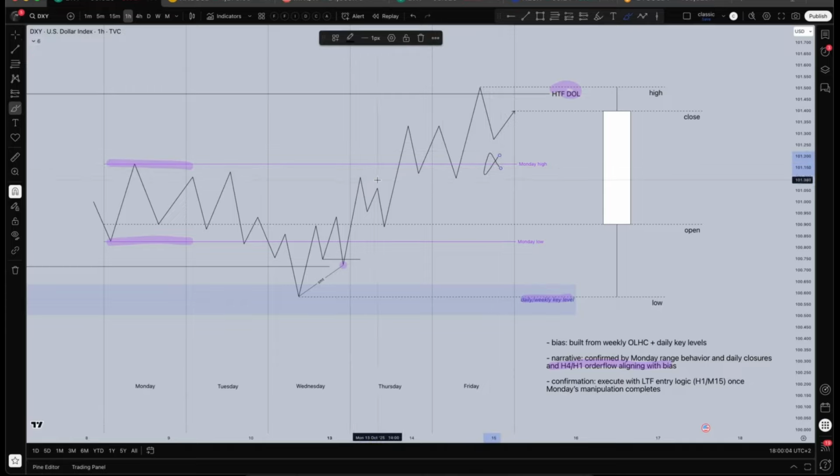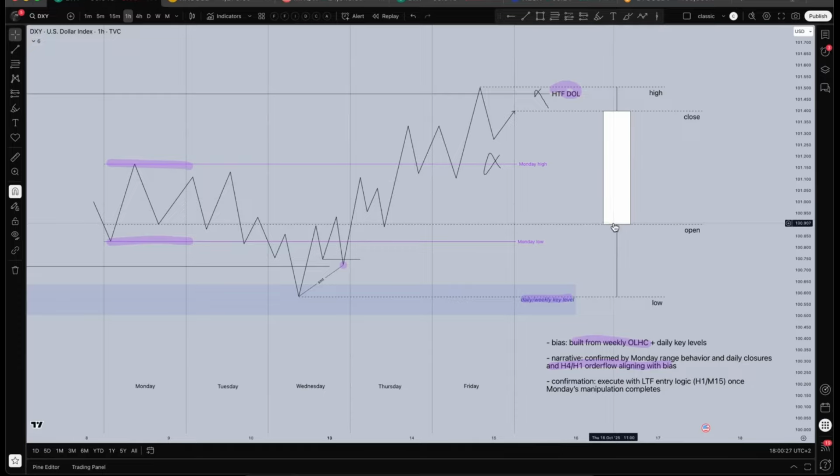And then you can look all the way for continuation plays into the higher time frame goal, which you have determined in the first step when it comes to the weekly bias, right? What is the weekly target I am aiming for this week? Also, you can see here the weekly candle. If we take a look at how the weekly candle looks, we have the open right here on